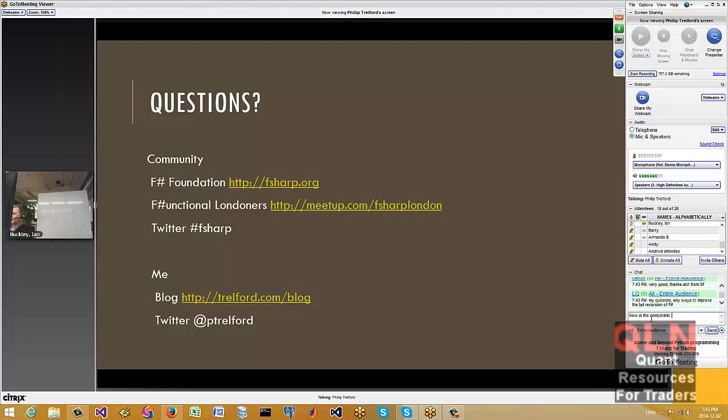So the question was any ways to improve the tail recursion of FSharp. I'll try and answer that, and then maybe I'll have to ask you some questions. FSharp does support tail recursion, and there is a .NET IL instruction for tail recursion, so it's actually fully supported. Unlike Scala. Scala has real problems with tail recursion. This is not a problem in our world.